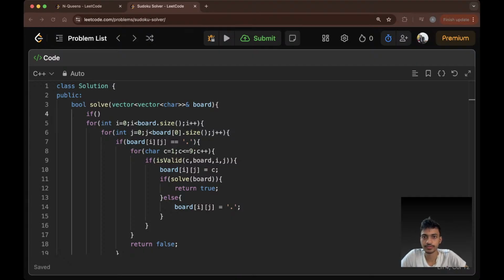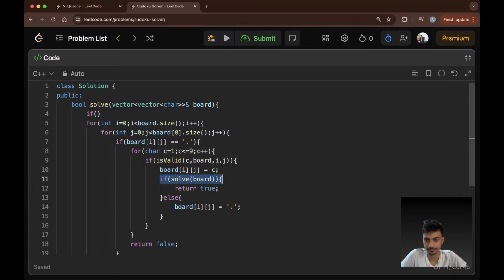We are moving to each and every part of the board, and if we find any space, we try all the choices to fill it up, and see whether the choice is valid or not. If it is valid, you just make it that value,